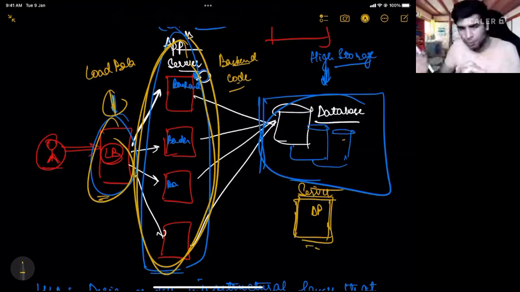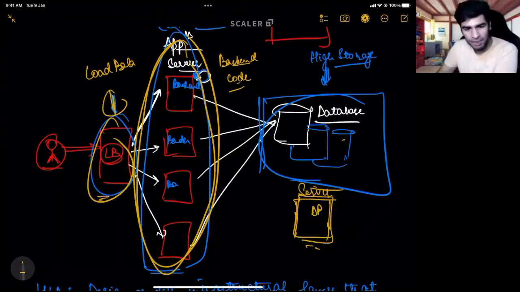So there is some code that is running on every machine, and what type of code is running there decides what type of machine it is. If it is running the database code, it is a database server. If it is running the backend code, it is the application server. Okay.